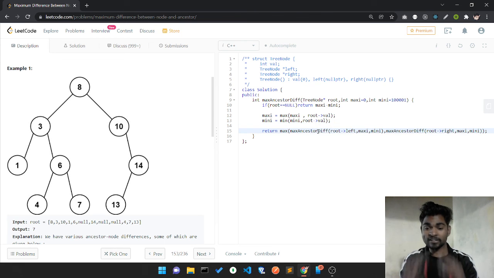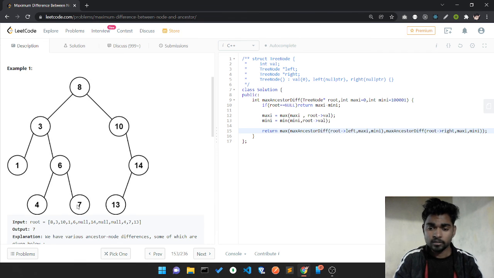Here I call my recursion. Hey recursion, do my one job. You have to find all the root to leaf paths, and in that case find the absolute value of the differences. So recursion finds this root to leaf path, then finds this root to leaf path, 8 3 6 4 with its maxi mini difference, and also 8 3 6 7 with its maximum mini difference.